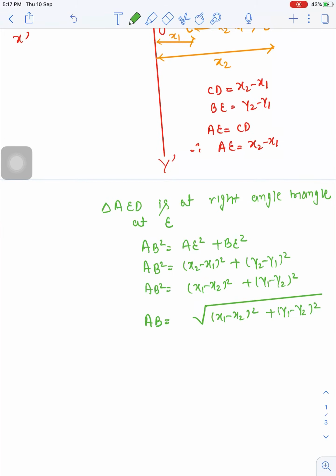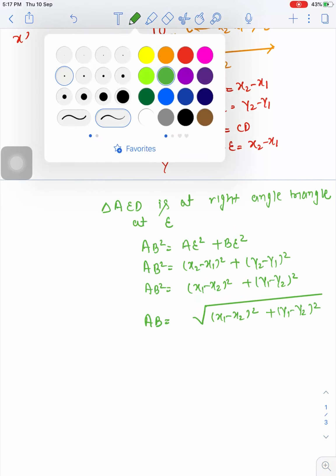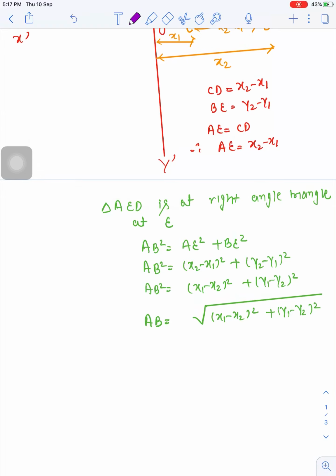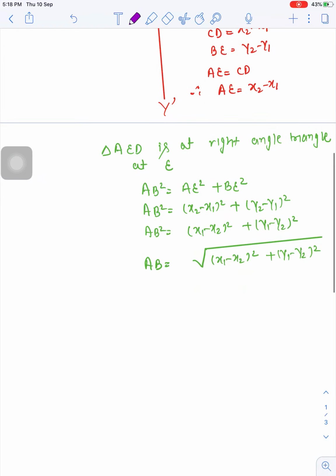Now students are very much afraid of how we can use the formula, sir. How we can use the formula? It looks very interesting, but can you give me an example? Okay, fine, we can take one example. So suppose we have a point A, 2 comma 4, and the second point B, 6 comma 9. Now what is the question? Calculate the distance between AB.